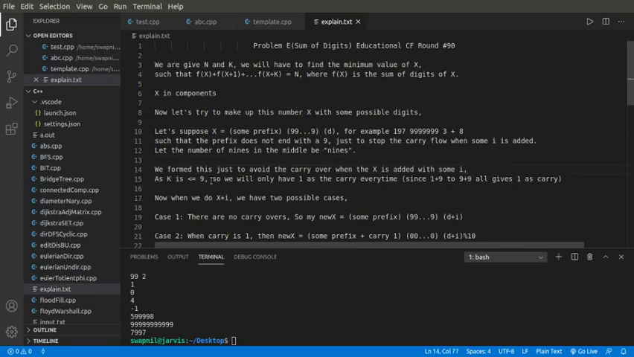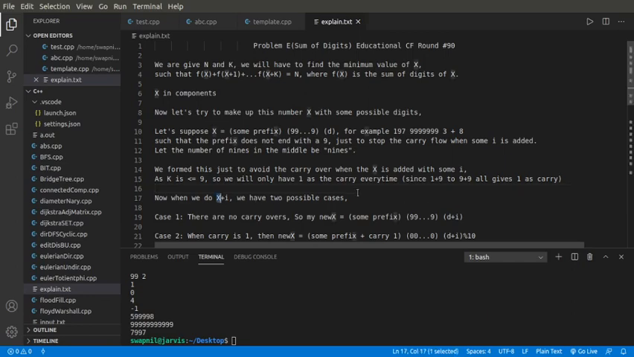Okay, so we formed this just to avoid the carryover when x is added with some i, as explained earlier. So now the thing is, my k is less than or equal to 9, so at max my carry will be 1 only, right? As the minimum carry will be from 1 plus 9, which is 10, to 9 plus 9, which is 18. So both times my carry is 1, and we are not having carries like 2 or 3 or something like that, so my carry is 1 only. Now when we will do x plus i to find this particular sum,